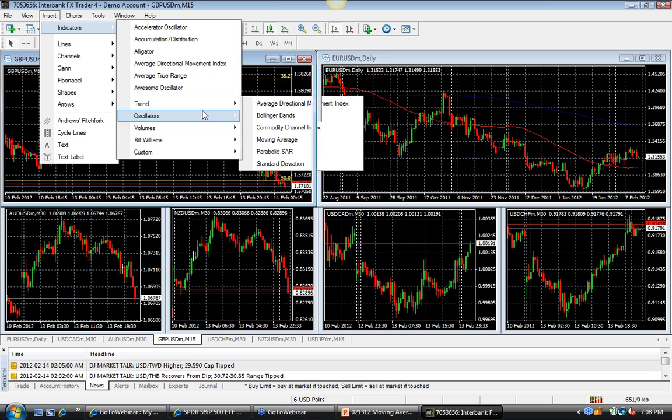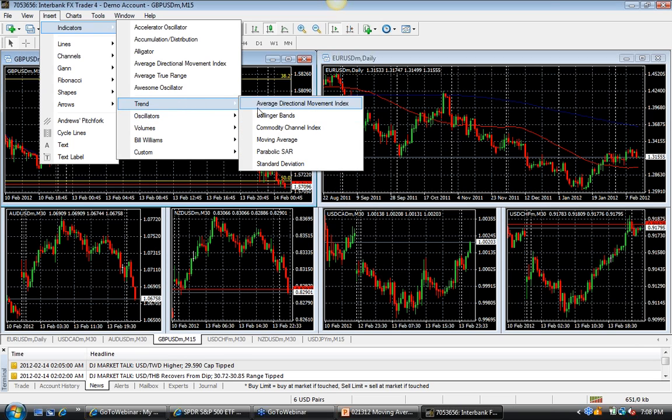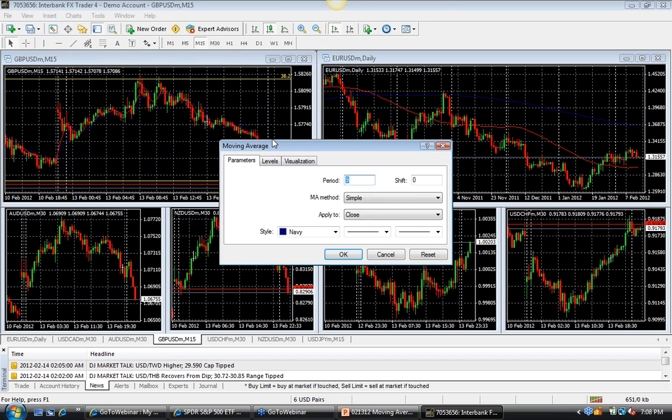It won't be found in an oscillator in sideways markets, where the MACD, which I'm doing in a couple weeks, will work. But I'm actually going to use the MACD in trending markets in a couple weeks. I'm going to use a variation. But when I look under trend, I find moving average very quickly. Then I can click on moving average, and now I can put in my parameters, how many periods I want it to be, and I'll talk about that in just a moment.